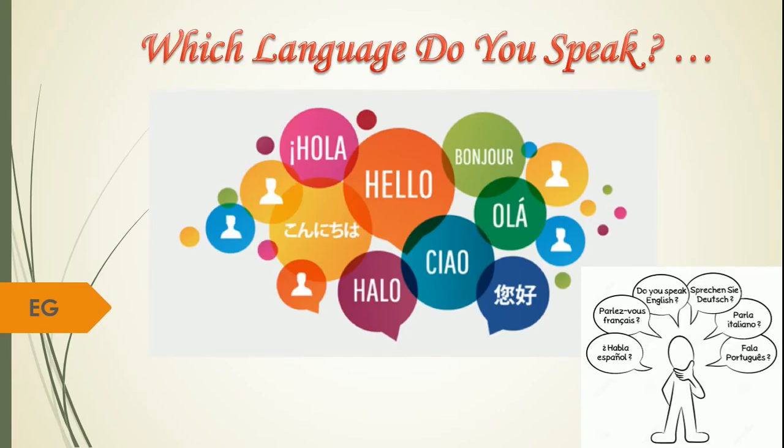So at first the question arises, which language do you speak at your home, with your friends, with your relatives? The answers come: I speak in English at my home. I use Hindi just to speak with my friends. I use Marathi as my mother tongue in my house. So a variety of answers come for that question, which language do you speak at your home or with your friends?